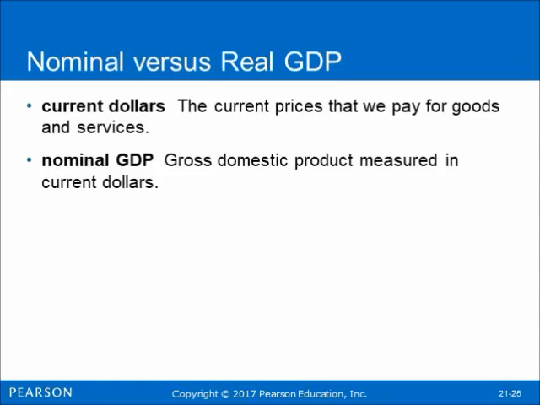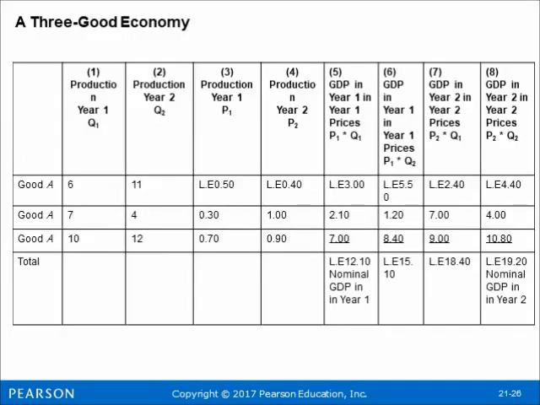Nominal GDP. This is gross domestic product measured in current dollars or market prices. Current dollars or market prices are the current prices that we pay for goods and services. The following table shows the way we use to calculate or measure GDP for a country which produces three goods: